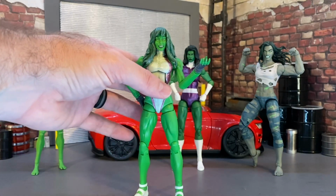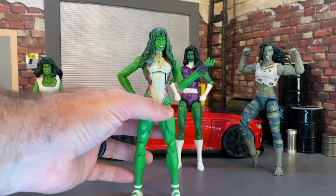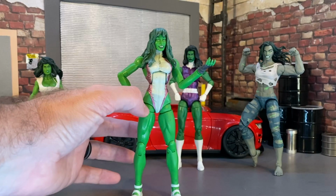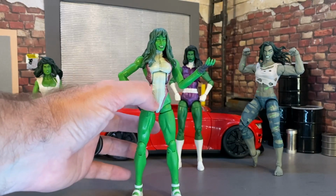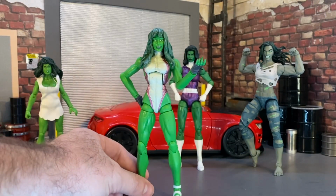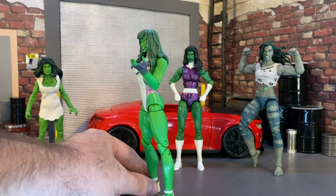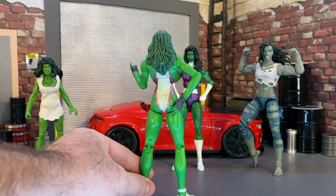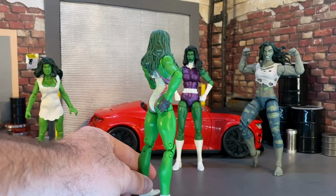I think the most frustrating part of this figure is probably these Toy Biz style ball hinged hips. They look funky and they don't function super well. It's just difficult to balance,